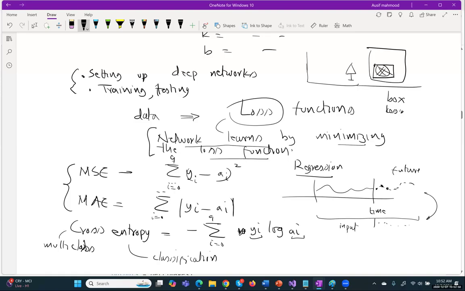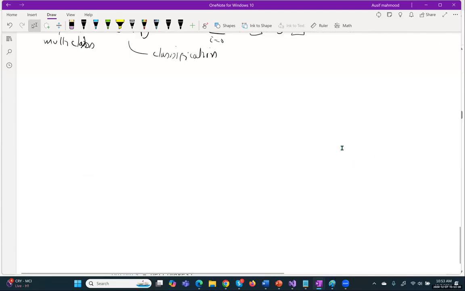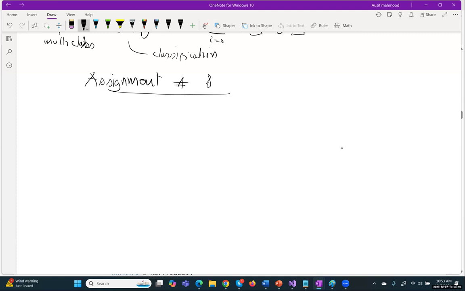If your loss function is not the best for your problem, our AI model will not do as good of a job, right? So through assignment number 8, I wanted to point out slightly different loss functions. In assignment number 8, we are looking at two types of networks, Siamese and